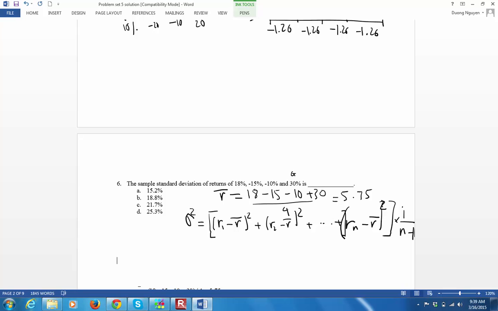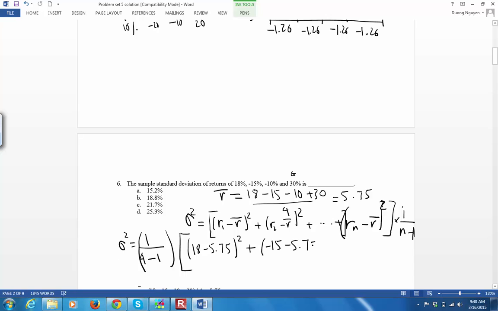Alright, so in our example here, n is equal to 4. So the variance will be equal to 1 over 4 minus 1, that is n minus 1, and the whole thing is multiplied with the sum of (18 minus 5.75) squared, plus (negative 15 minus 5.75) squared,